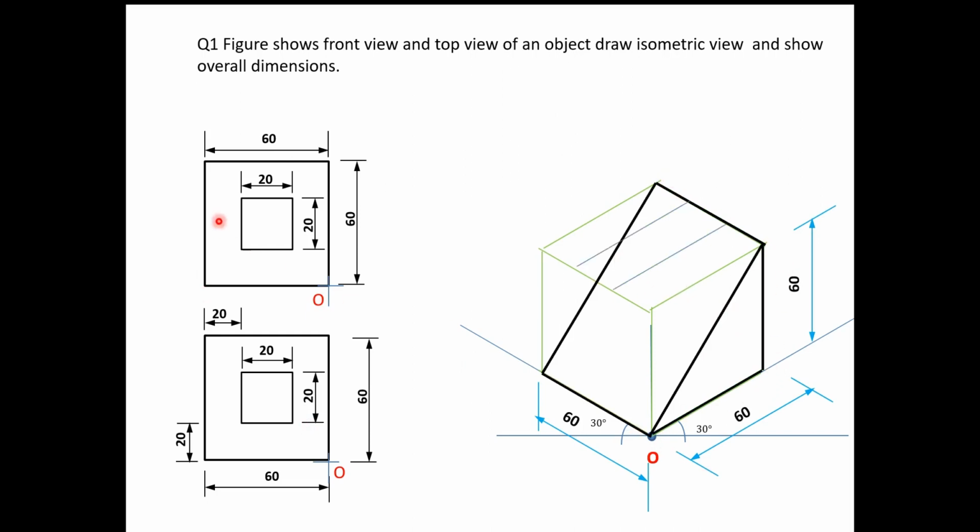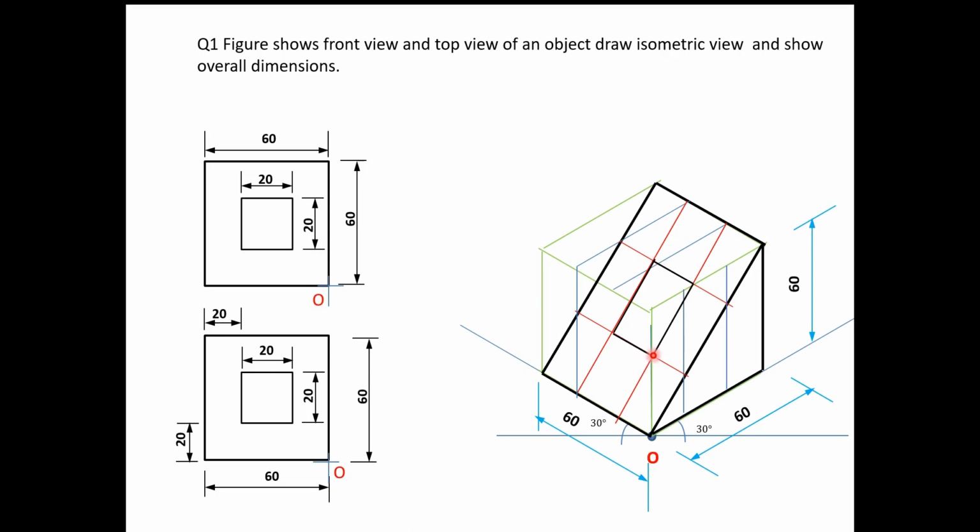Next is what? So this is 20 by 20. So I will draw a line from this 20 mm, another line 20 mm apart. Next, this is also 20 mm apart, 20 mm, because we have to prepare here one slot. Okay, so again join these lines. From this I will draw this, and from this also I will draw this. So draw the edges. So this is the same thing. Okay, so this becomes easy.